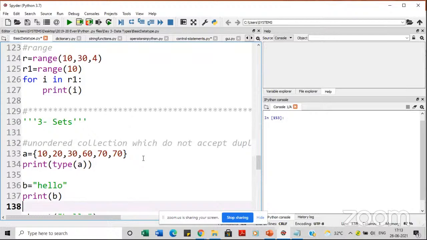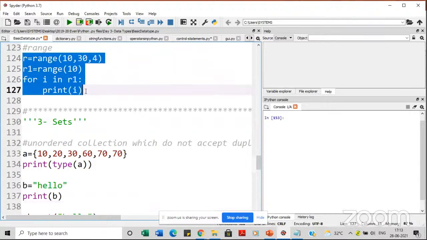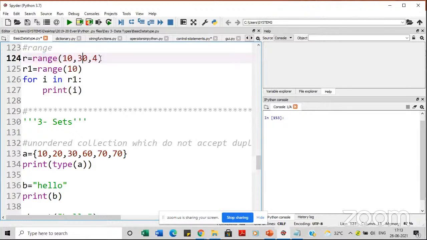Now quickly, I will start with sets and dictionaries. This is the third and fourth category of data type. But before going to sets and dictionaries, let's quickly understand what the range function does in Python. As you can see in the code, there is an inbuilt function called range. What does range actually do? It tells us the sequence. With that sequence, if we want to give a certain gap between every number, we can. For example, if I want to write a range here,